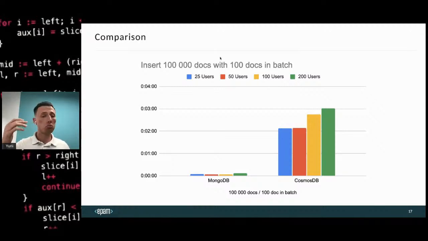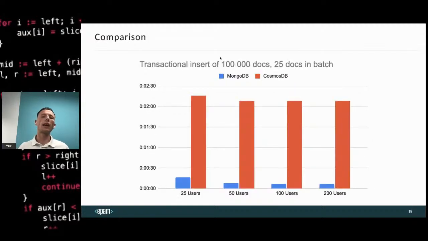Also, I think we can try the transactional insert, and I ran the same test, but the insert was in a transaction, and you can see there's no big difference. We have the same result as with the simple insert, and maybe this database is very nice to not even care that they have transactions.